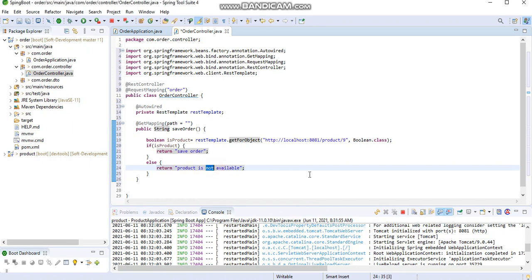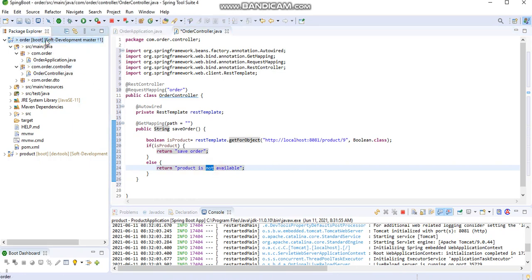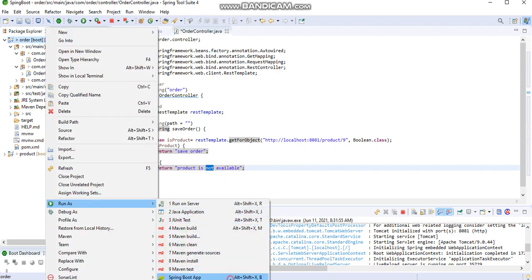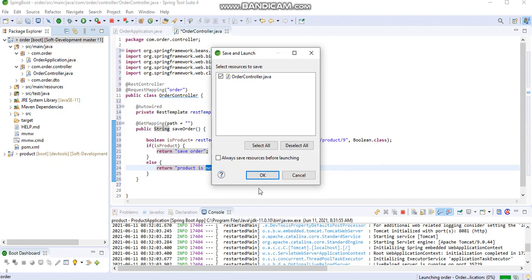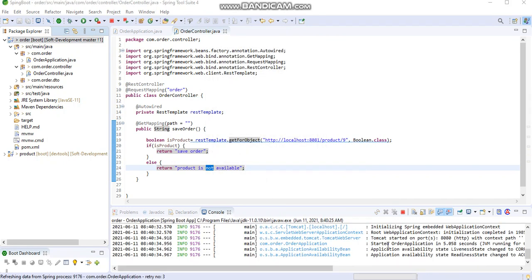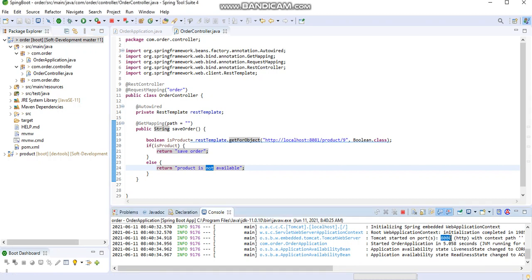Now I'll run this application, right-click and run as Spring Boot app. I'll save this controller. Here you can see the application started on port 8080. Now we will test from the browser.